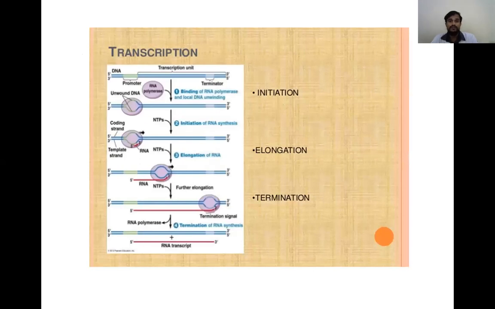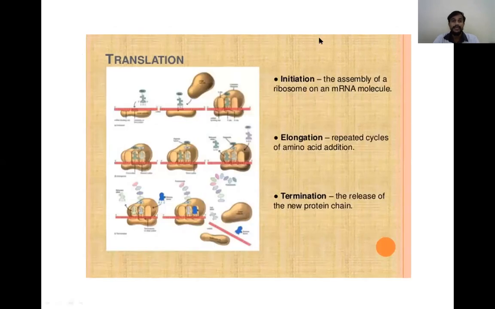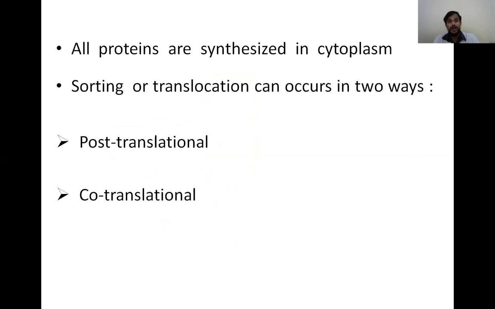So how are the proteins formed? By transcription, by formation of mRNA from DNA in the nucleus. From there, it comes to the cytoplasm, and in the cytoplasm, by translation, we get the protein. Any protein, be it an enzyme, a hormone, or a biological substance, is produced in the cytoplasm. And it can't remain in the cytoplasm. To perform its function, it should reach its destination. So all proteins are synthesized in the cytoplasm only, and they have to reach their destination.